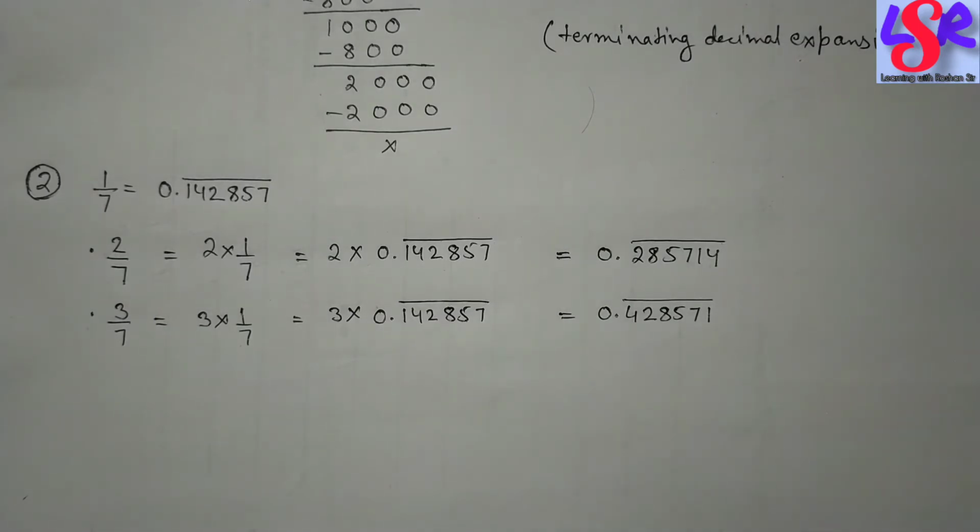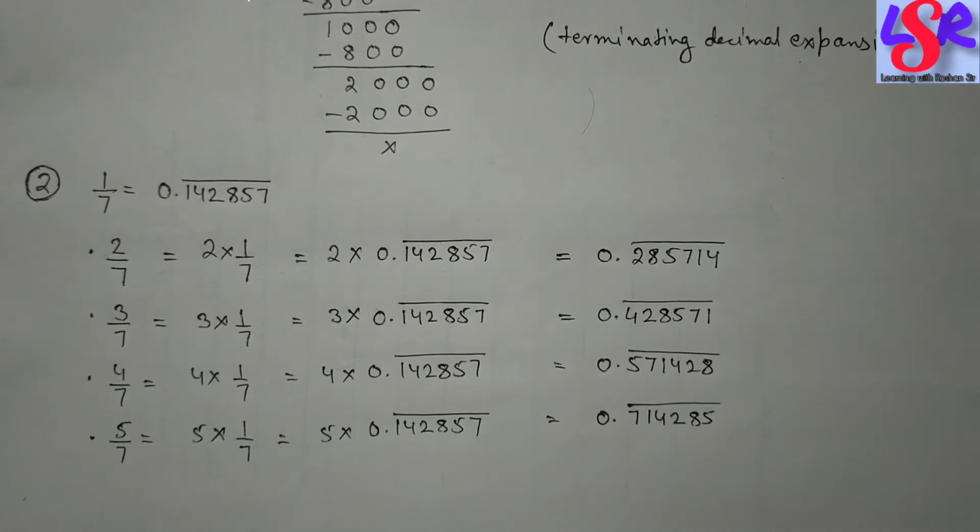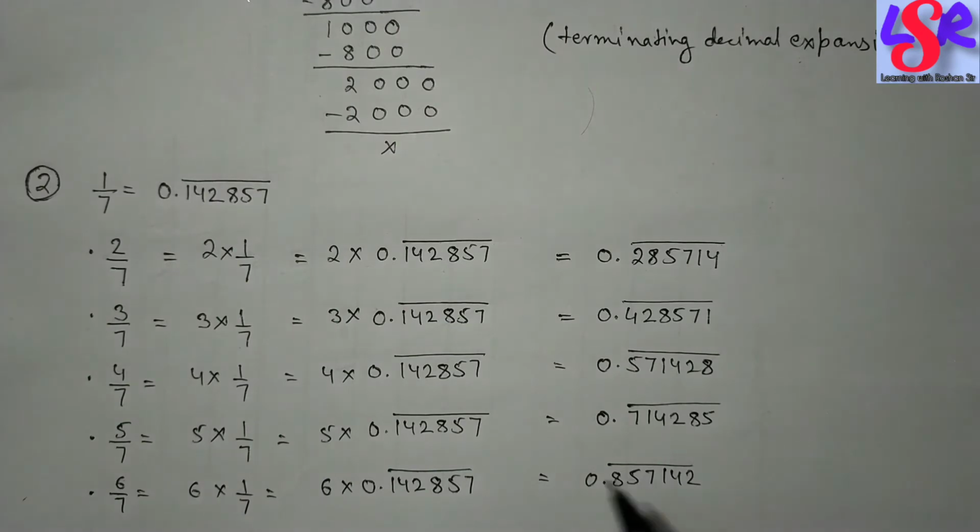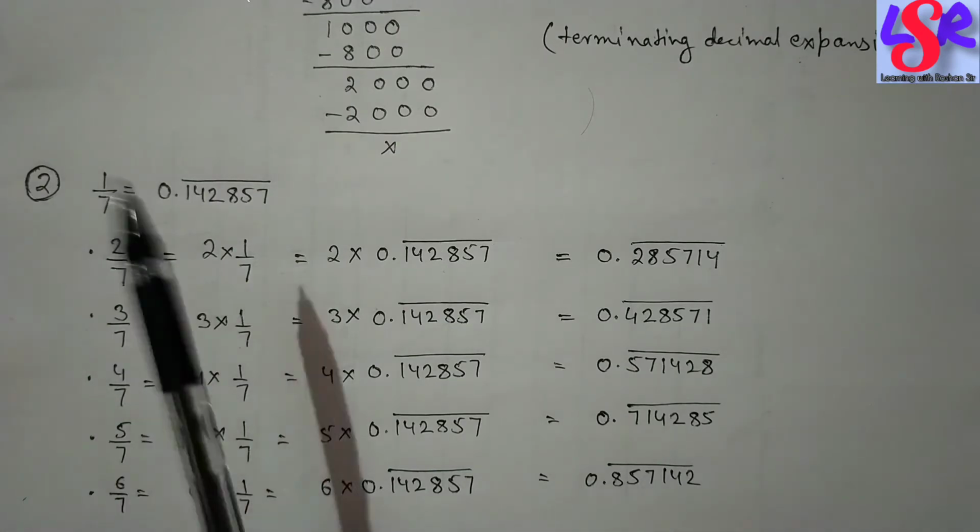Now 4 upon 7 will also be calculated like this, और हमारे पास वैल्यू आया 0.571428. Then 5 upon 7 equals to this one, and 6 upon 7 will be 0.857142. ना यहाँ पर एक चीज़ हम और नोटिस कर सकते हैं, दैट इज़ यहाँ पे जो डिजिट्स हैं हमारे पास